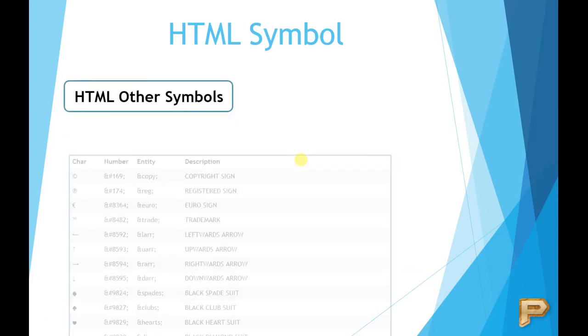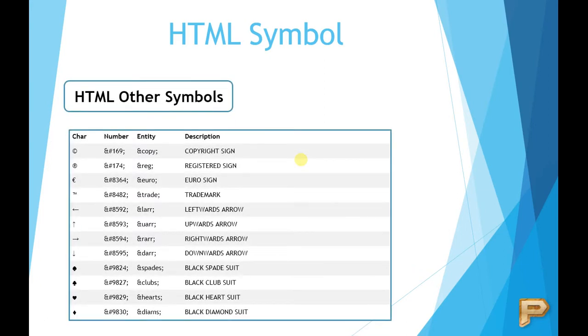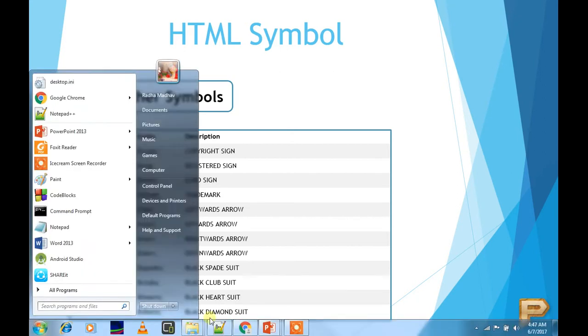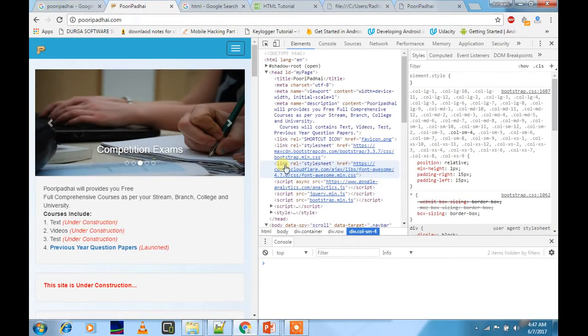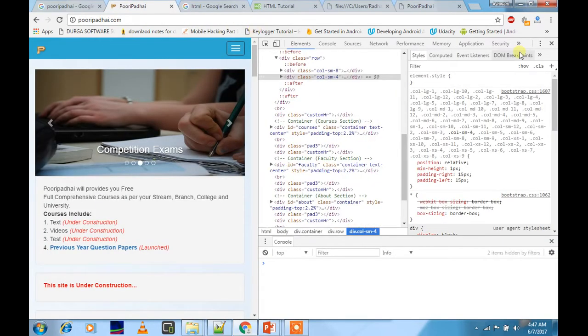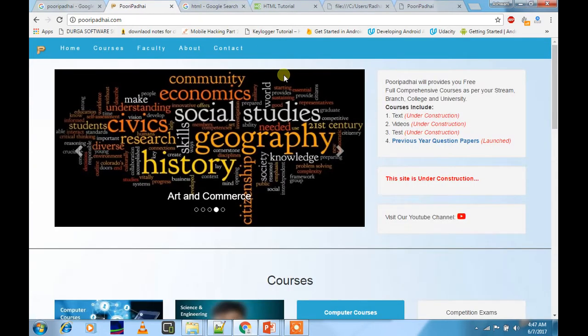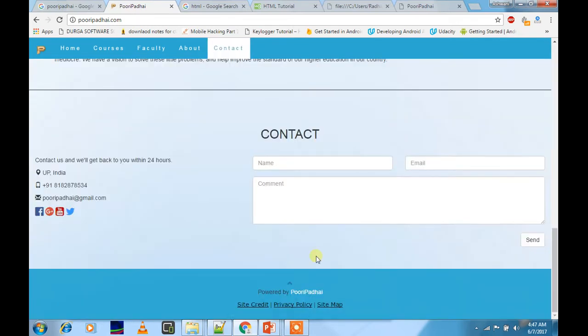And HTML other symbols, there are a number of symbols like the copyright symbol and the registered sign symbol. For example, if you visit the Puri Padhai website, down here you might see the copyright symbol.